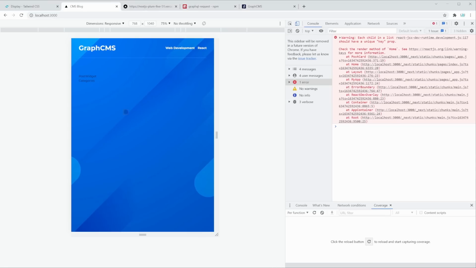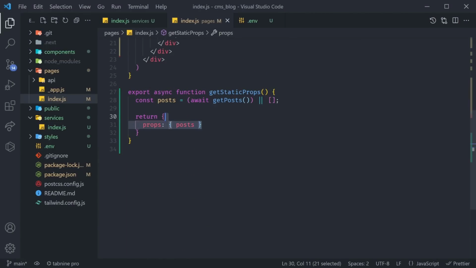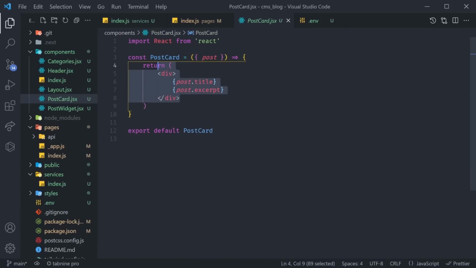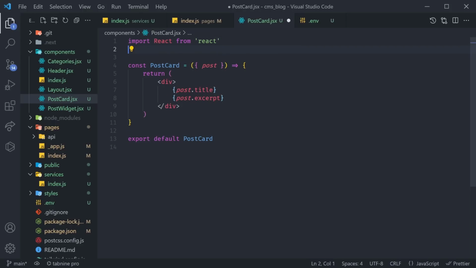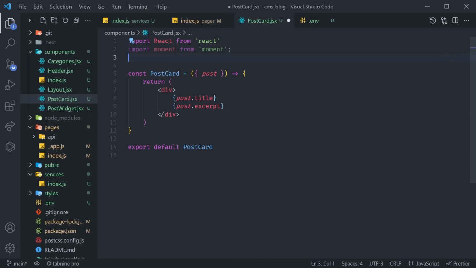Now let's go to our post component and let's actually render out all of the great details we have in our first demo post. To do that, we can go to our posts. As you can see in here, we're fetching them. We're getting them straight right here to the props, and then we are looping over them and passing one by one post into the post card. So this is where we actually have to create the JSX. We can start by importing the moment library, which we're going to use to format the date. And then finally, we can also import a link from